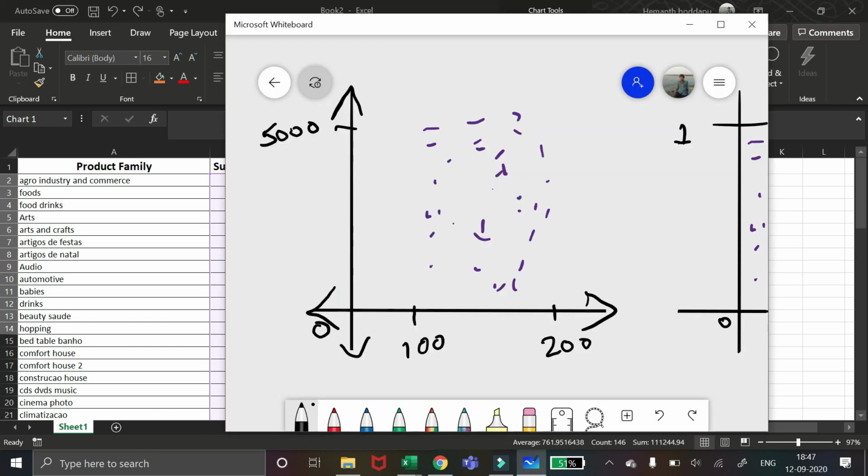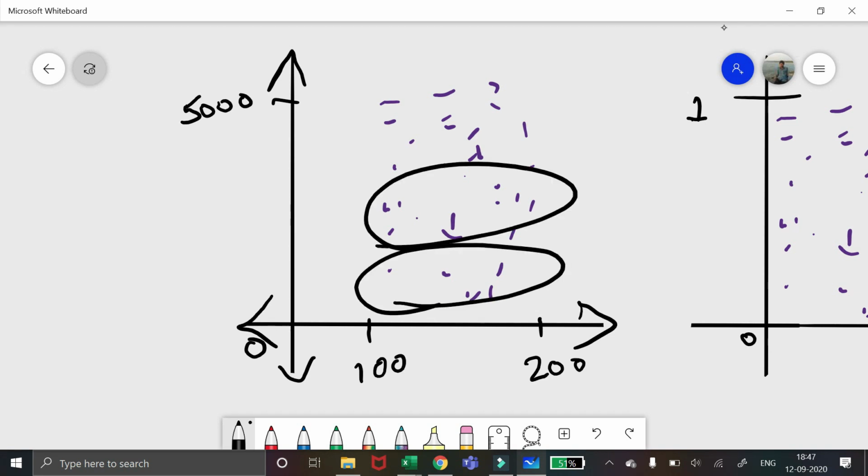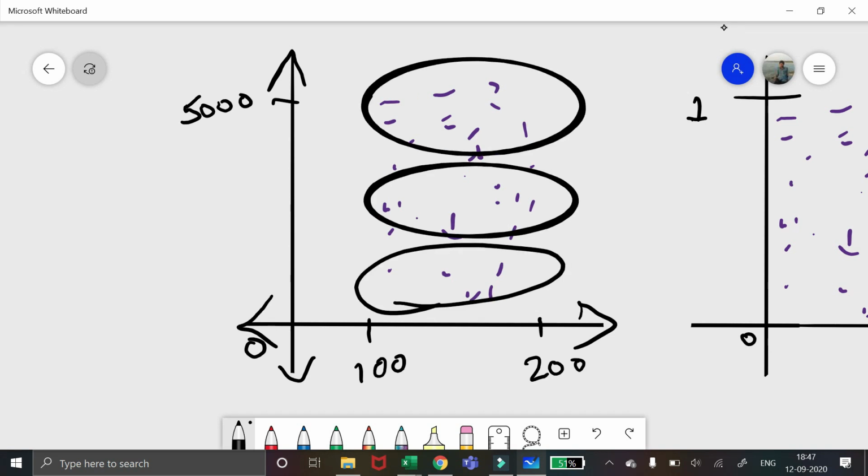I'll just show on the screen. Here you can see a general example where on the x-axis the values are from 100 to 200 and on the y-axis the values are from 0 to 5000. If you do k-means clustering with this kind of data, you'll end up with clusters like this. You can see all the clusters are based only on the y dimension.